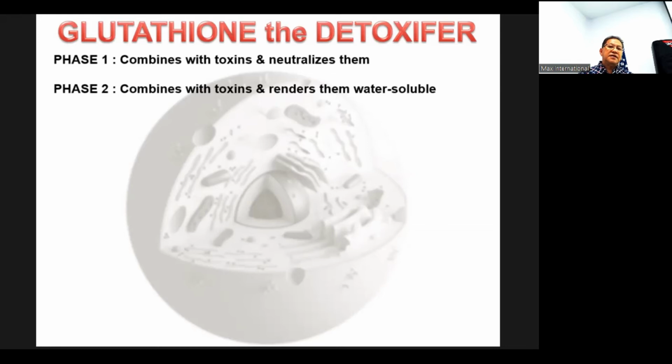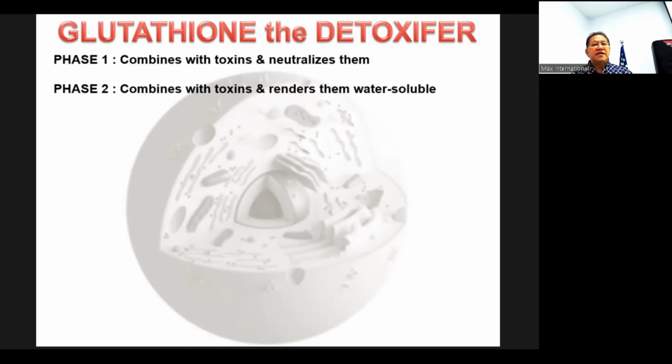Understanding this will help you understand why some of us taking glutathione booster supplements for the first time get symptoms, what we call a detox reaction, some call a healing crisis. But a scientific explanation